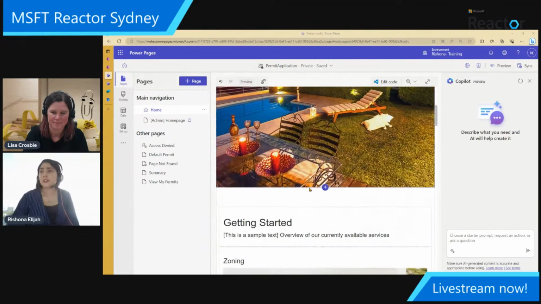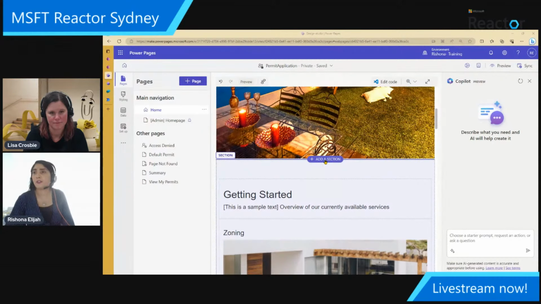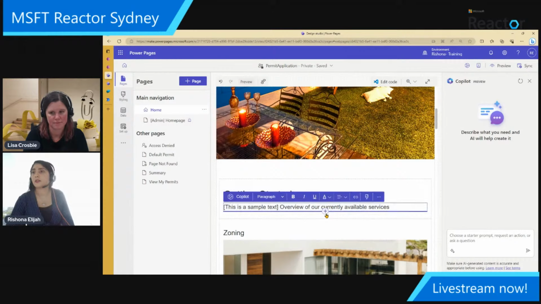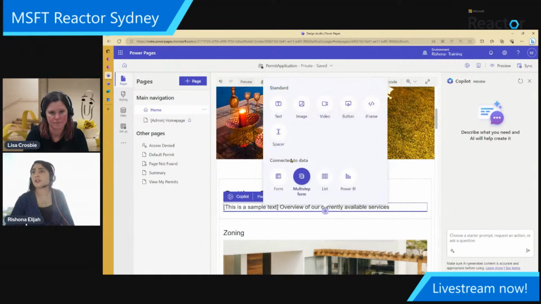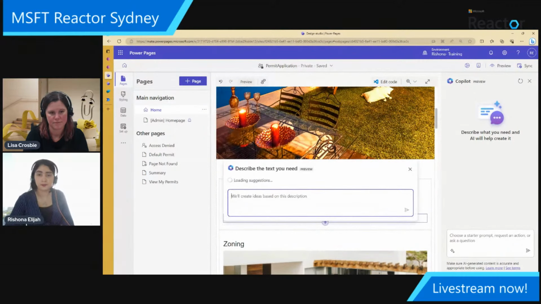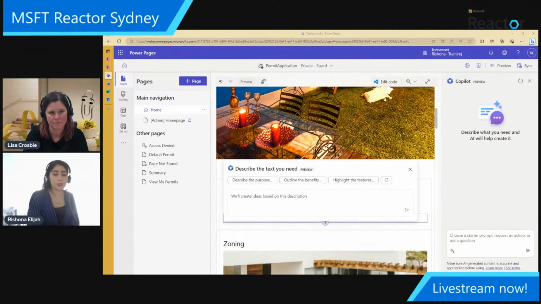You can also use it if you don't even have any text created in the first place to generate these ideas for you and create it just by describing what you want. So it's like a built-in ChatGPT. So let's say I want to add in a paragraph here. So I can say, let's add in some new text. Click that Copilot button. And we'll just describe what we want to write about.